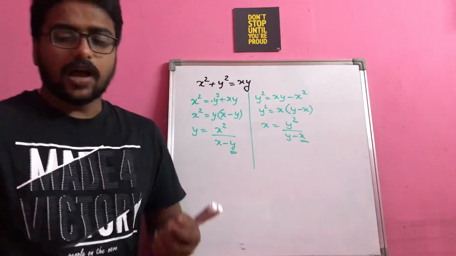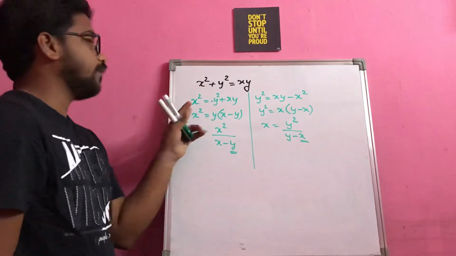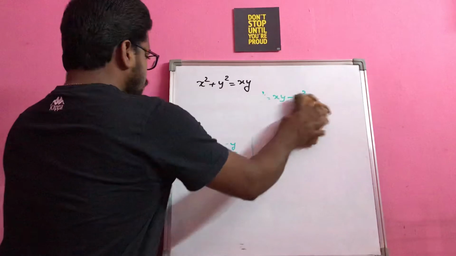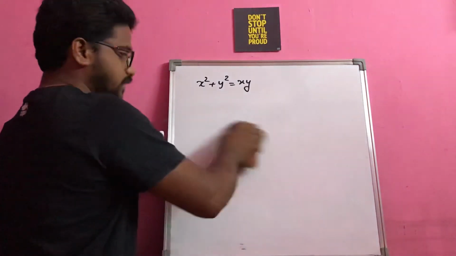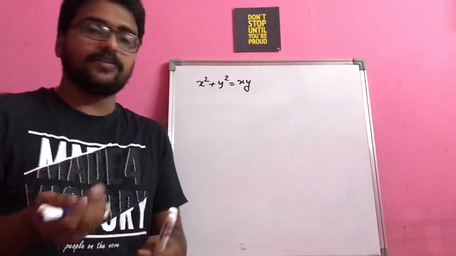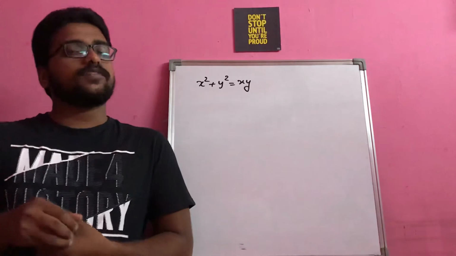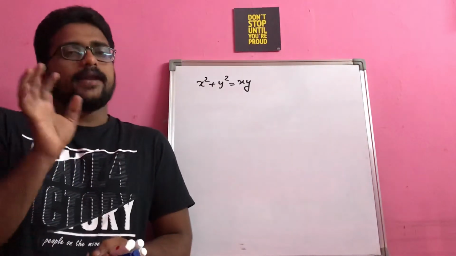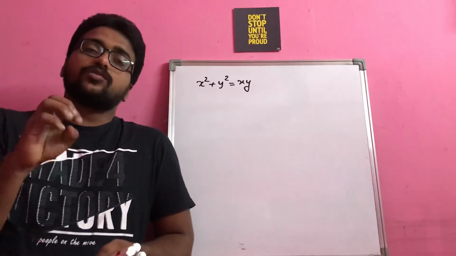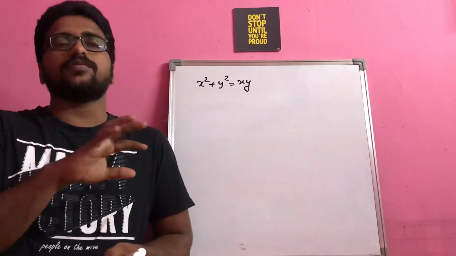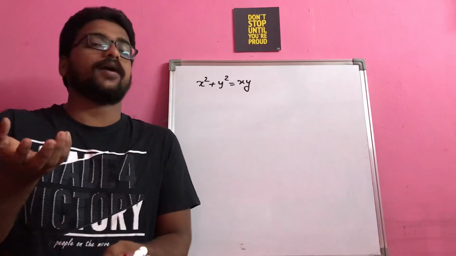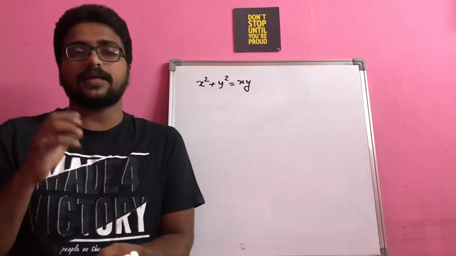Now let us see how you have to find the differentiation dy by dx for this type of implicit functions, right? So I just want to give a suggestion here. Don't try to see the implicit function as a different function. Actually, when it comes to the differentiation point of view, the idea behind it is applying the differentiation on both sides. That is the basic logic. So once you think in this way, your work will become simple. Unnecessarily, don't think like, this is an implicit function, what do I have to do now? Better don't entertain that type of thought.